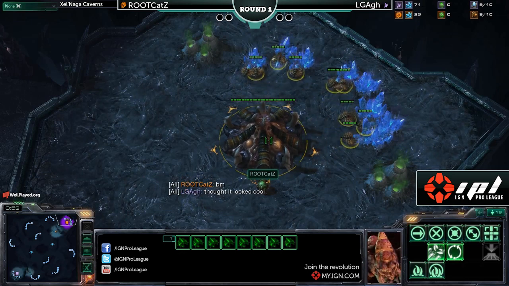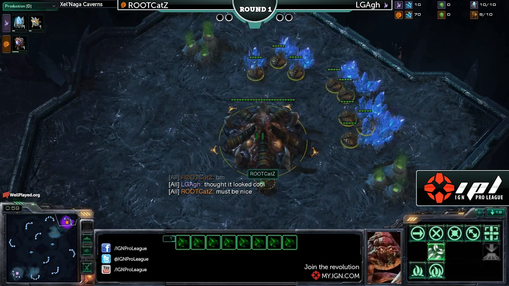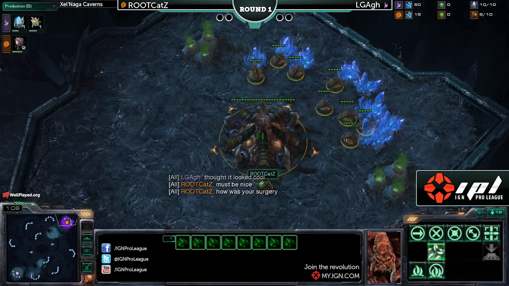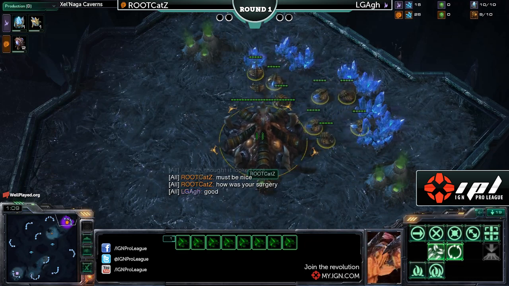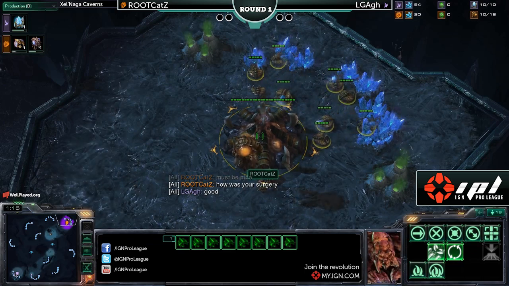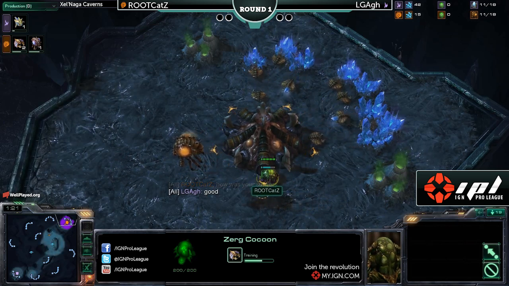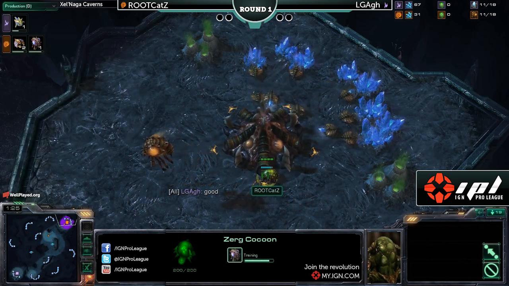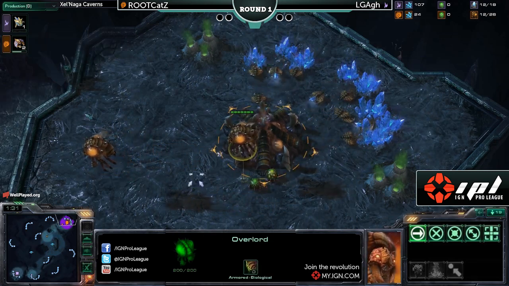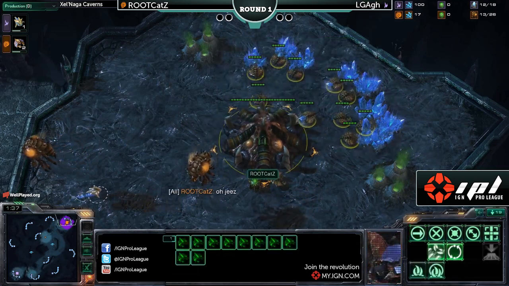We are on Xel'Naga Caverns, and I'm curious to see what we will see out of these two players. Root Catz is traditionally a Zerg who is, kind of... Hold on one second. Catz is actually building two Overlords right now. I'm sure that cannot be... This could be a DJ Wheat build right here. Not intentional at all. I don't know. We'll have to see. He's at 12 of 26. And I'm not sure that he...